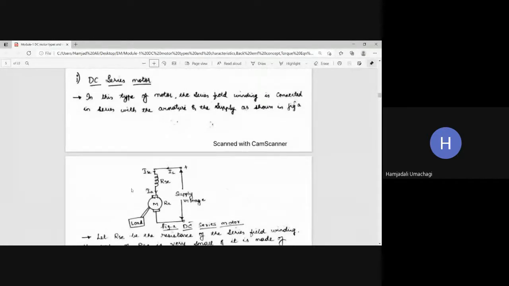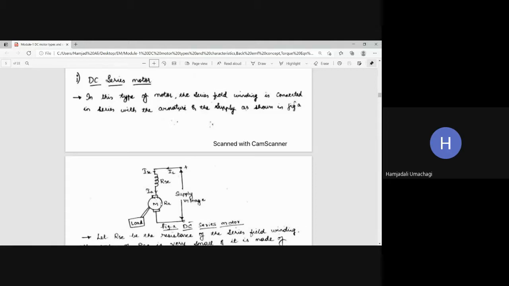Now, this is the circuit diagram for the series motor. This is the given DC series motor, and this is the field winding. Now you need to label all the parts of the DC series motor. This motor is connected to a certain load via the shaft. This is the shaft, this is the load, and this is the motor. Always remember, this is the symbol for the motor, and you need to write M. M indicates it is a motor.